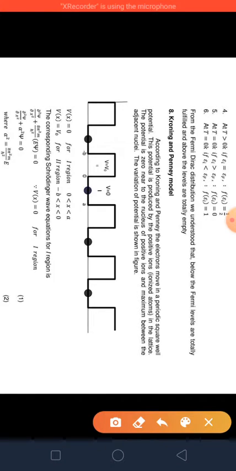The potential is zero near the nucleus of the positive ions, and it has maximum value adjacent to the nucleus. The variation of potential energy, or we can say potential, is given in this figure.